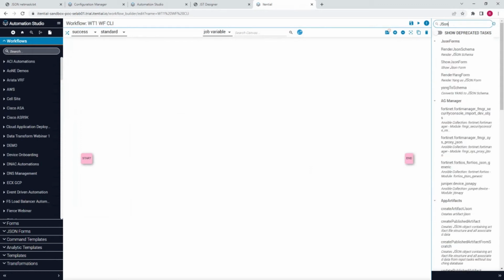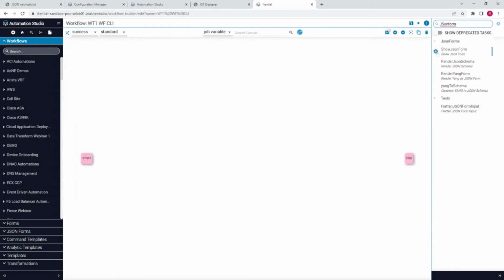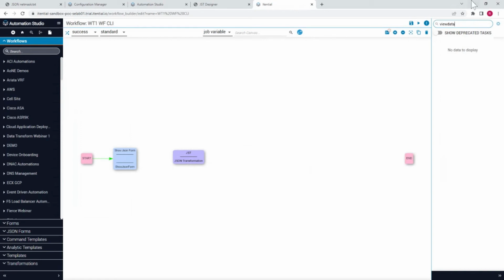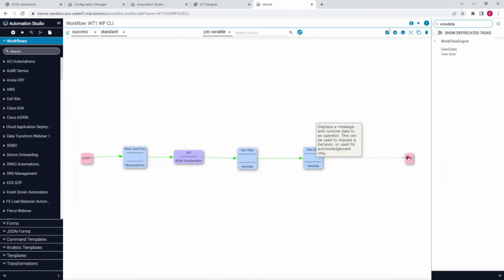So our first task is JSON form. So we need to show that form that we created. All right. And then our next step was going to be that transformation that we just created. And then we're just going to do a view of the CLI commands that we created. So we'll do two of those. One for Cisco and one for Junos. So now we can start leveraging all of these, the forms and the transformation that we